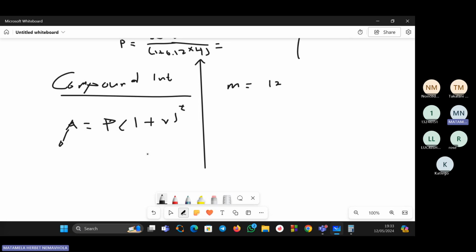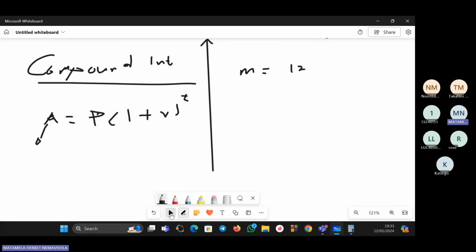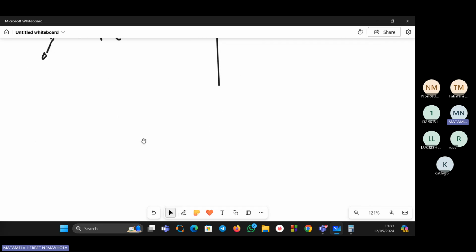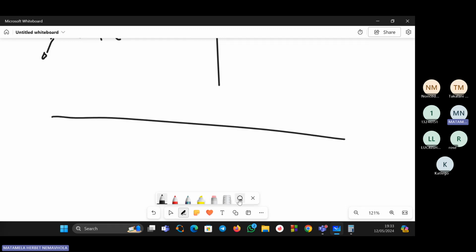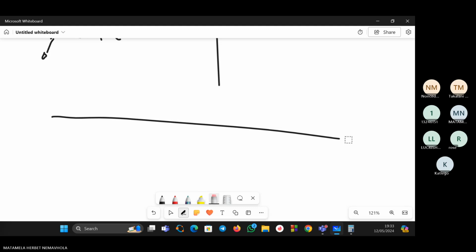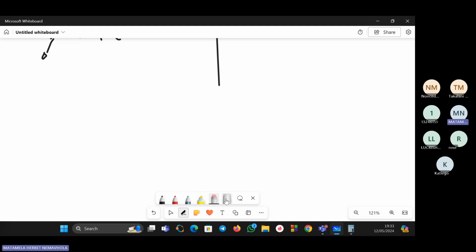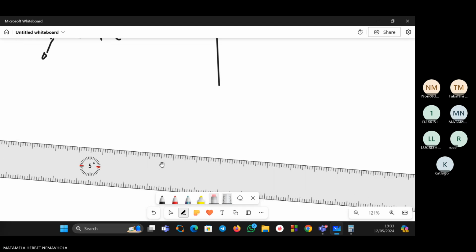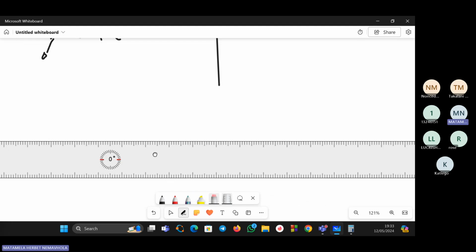So the other thing that you must remember, we spoke about the timeline. A timeline is whereby you are not really having consecutive payments. Let's say this is our timeline, let me draw it properly. I'm going to draw a line there. So in a timeline, what is happening? They are just telling you that